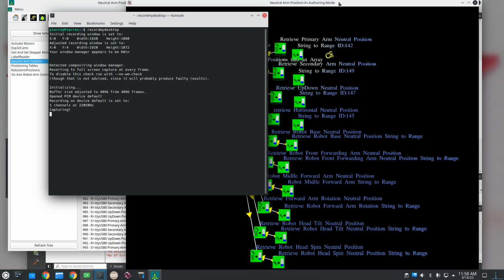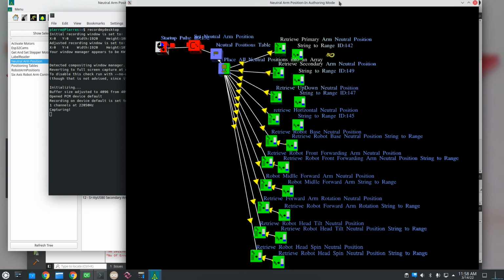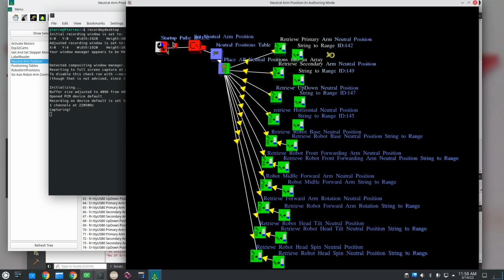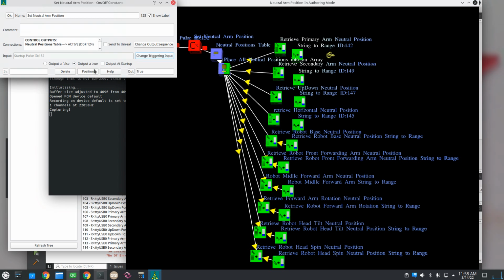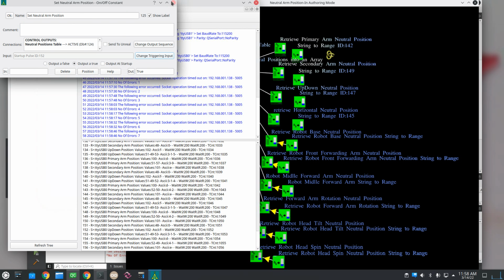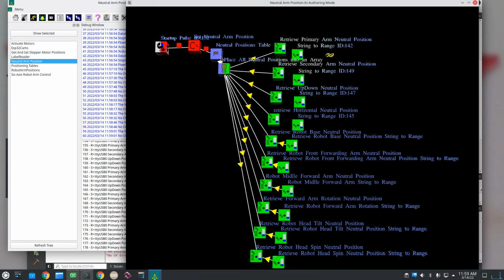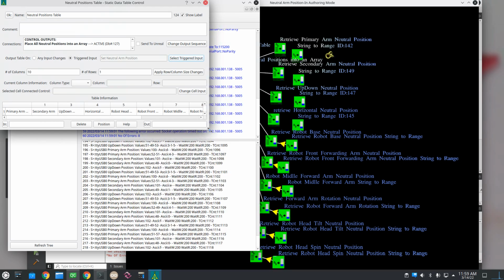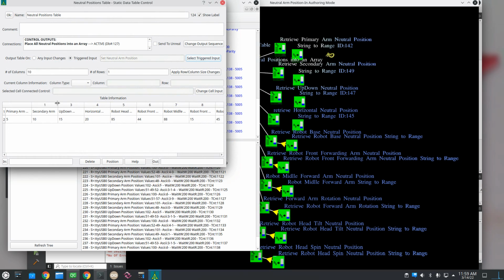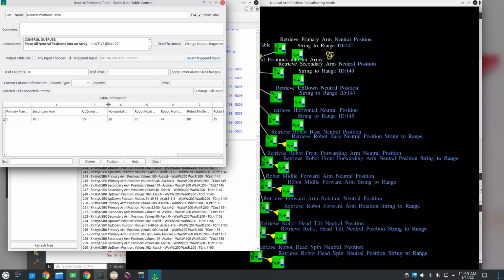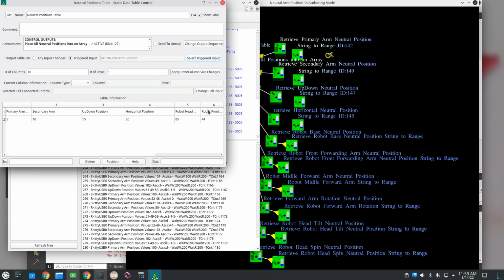So I wanted to show how that robot sets its neutral position. And here's a startup pulse. So when HAL starts up, it emits a pulse from here, sends it to a constant, and that constant is set for true, I guess. Yeah, output of true when it gets hit with the startup pulse. Then it goes into this table, and it fires this table, and this table is the neutral position of all